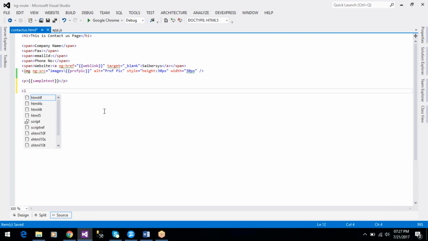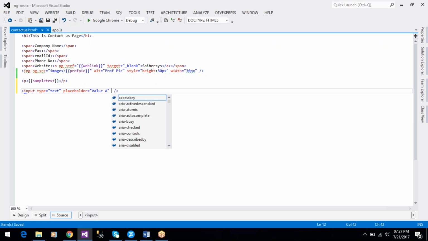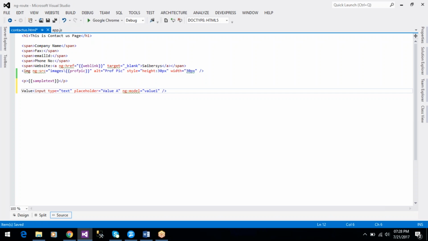so take here two text boxes, input type equal to text and placeholder equal to value a, and ng-model equal to value1. Okay, this is the scope variable, value1, value2,